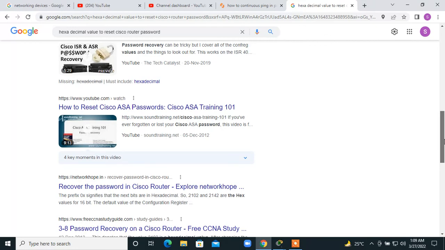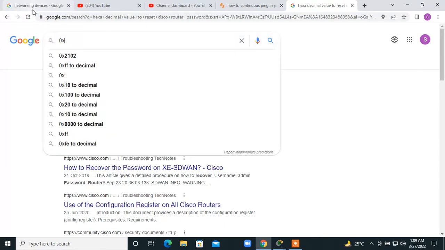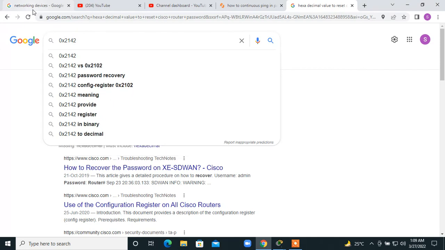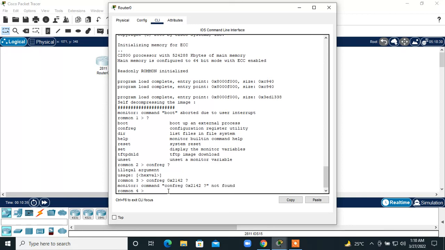So the hexadecimal value is 2142, right? 0x2142. Let me just put it here, 0x2142. See this, password recovery, 0x2142. So I'm just going to put this command here, 0x2142. This is CONFREG 0x2142,